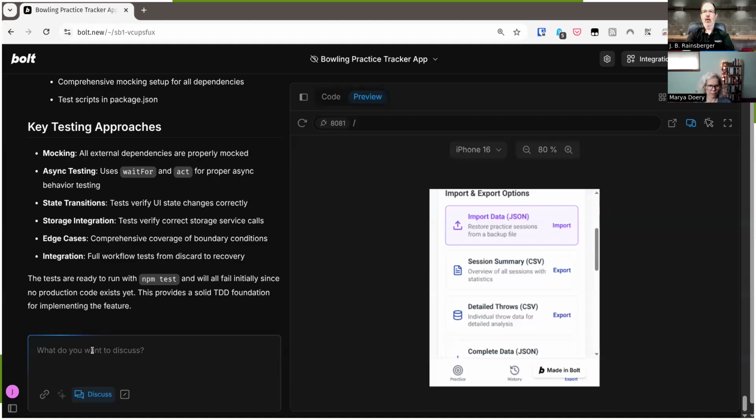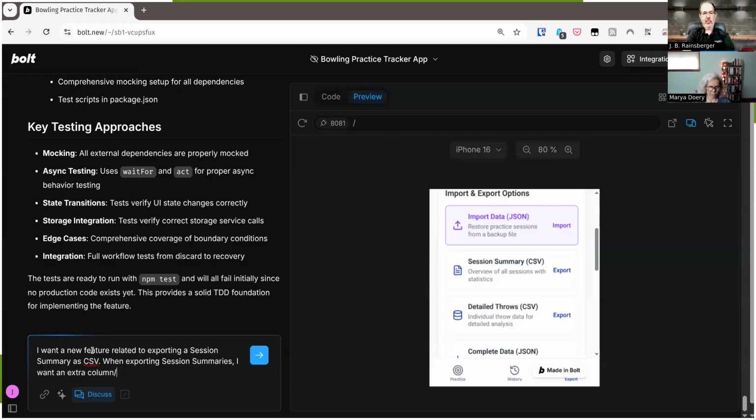So let's see. I want a new feature related to exporting a session summary as CSV. When exporting session summaries, I want an extra column field.